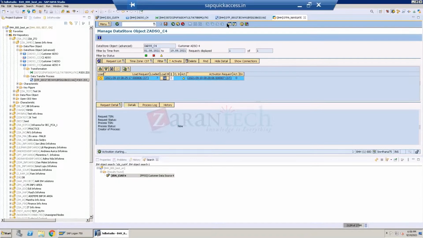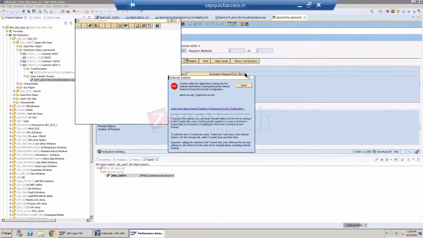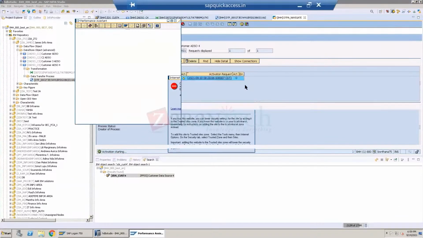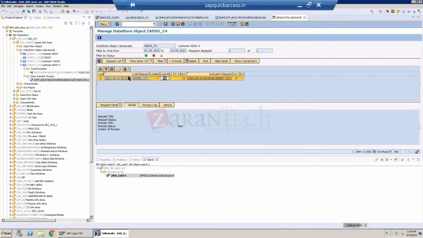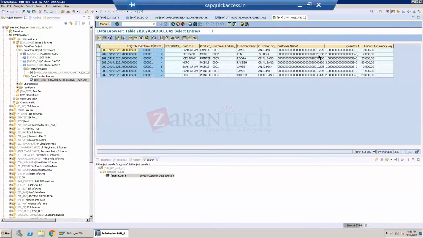Why is it taking so long, see, power of HANA? I don't know why it's taking so much for 7 records. I'm not sure whether it is HANA power or what, but let us refresh it and see why it is taking so long. Okay, all good. Now, if you see the inbound table, as I said,